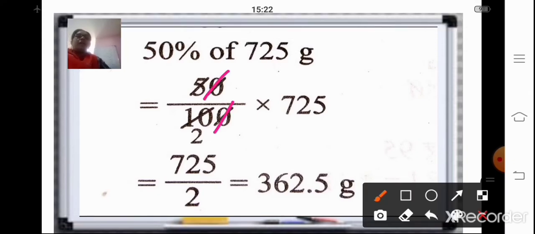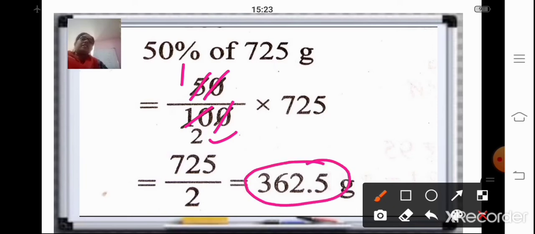Now 5 and 10, it is divisible by 5. 5 ones are 5. 5 twos are 10. So that will be 725 upon 2. Now when 725 upon 2, we have to divide it. So 725 divided by 2 will give the answer, that is 362.5 gram. Okay. Now when you divide this,